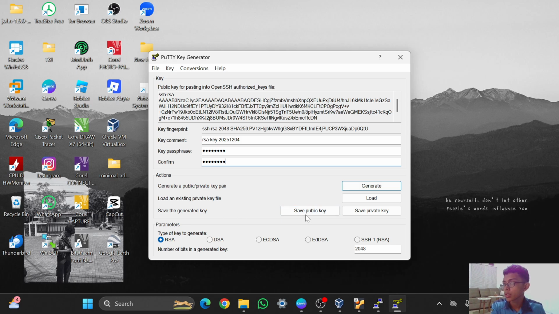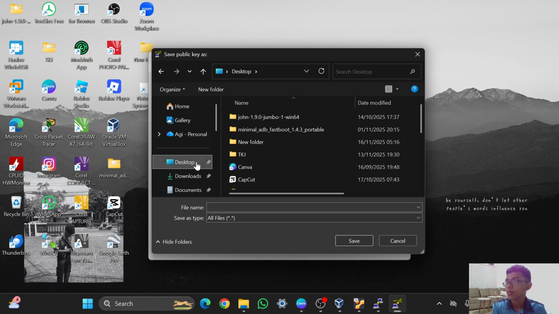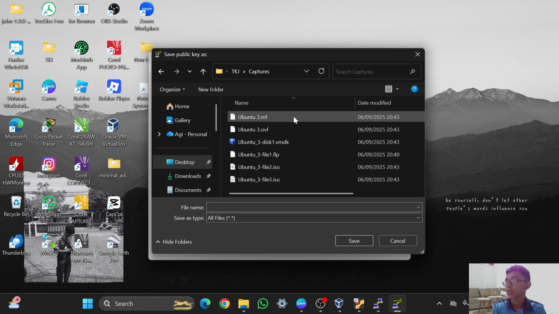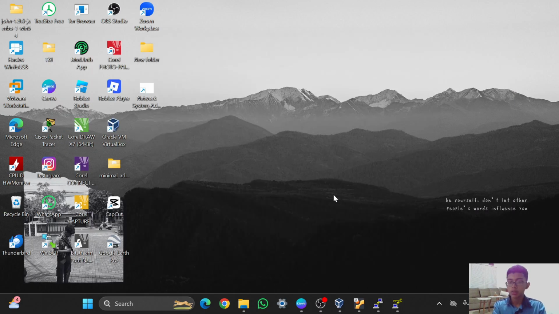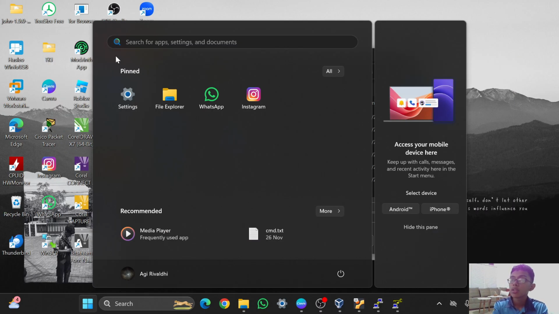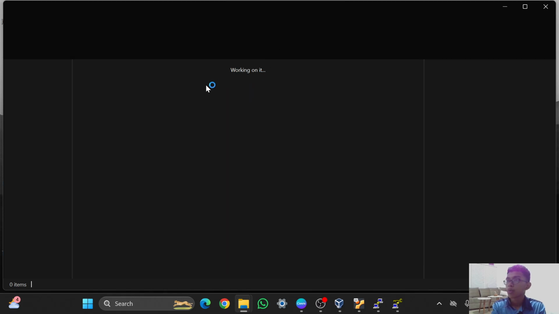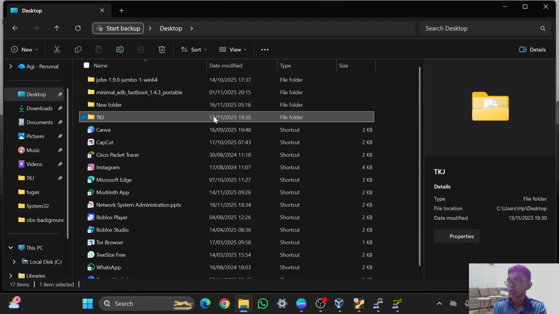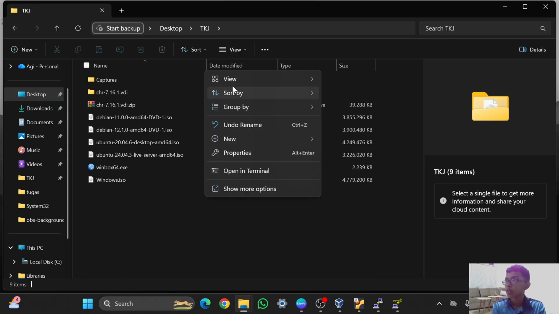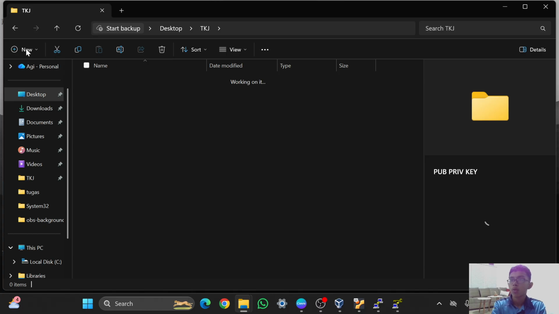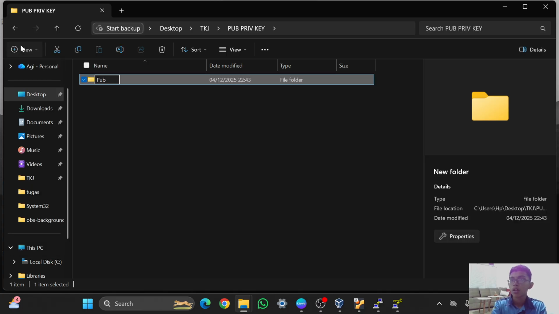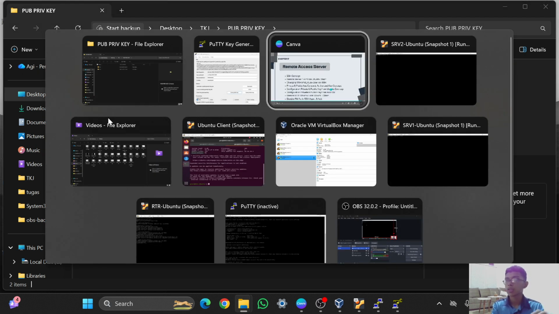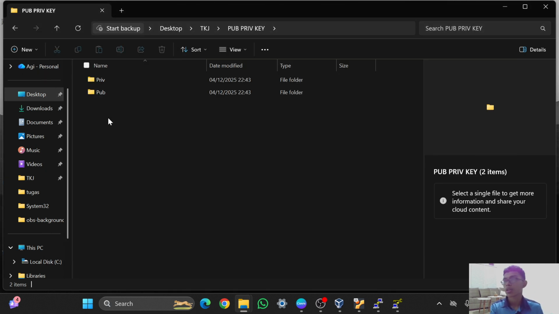I will save the public key. I will save it on the desktop TKJ, and then in here captures. Okay, never mind. I think I will open the TKJ folder, and then I will make a new folder, which is remote server TKJ, and then make a new folder, and in here I will make the public, pub, and also the brief, so I can see the difference between where is the private key and also the public key.